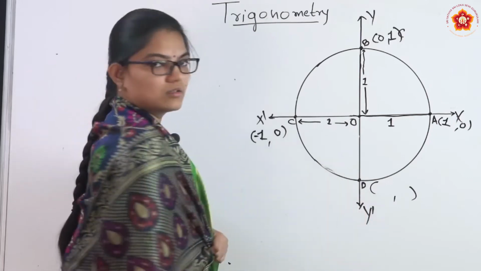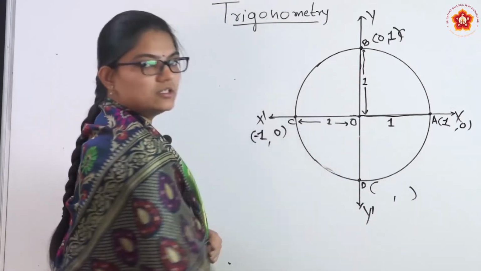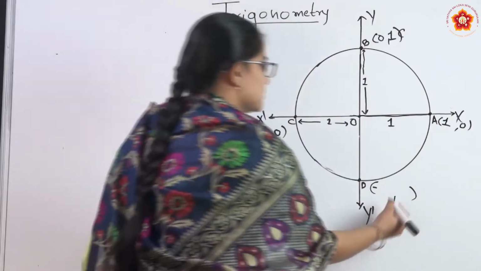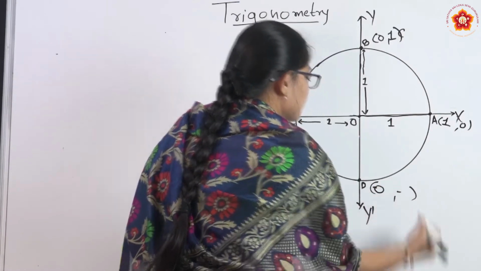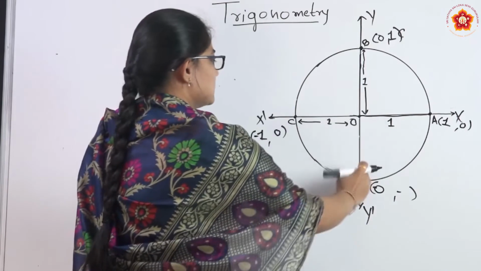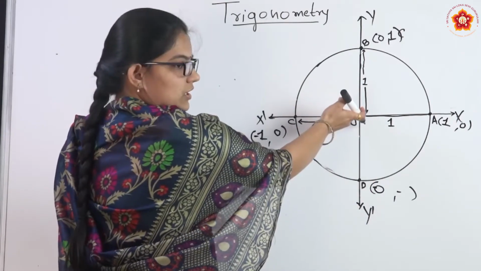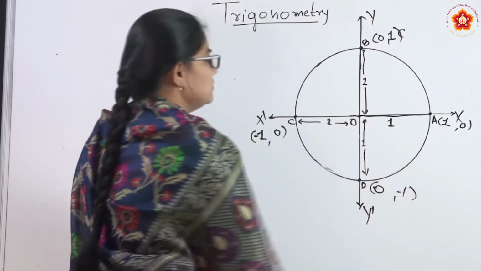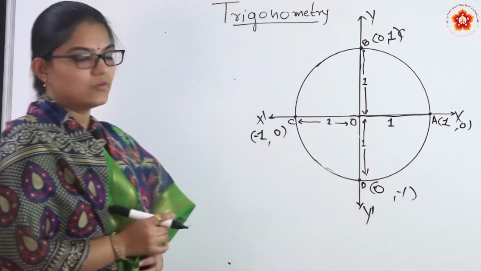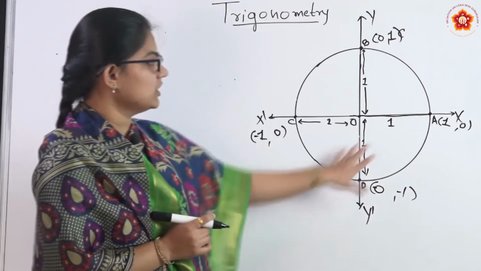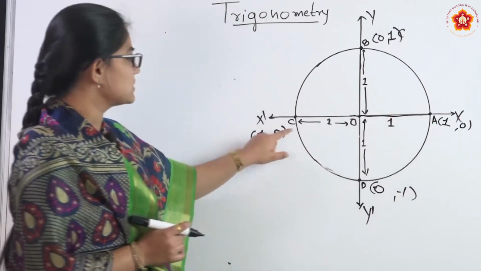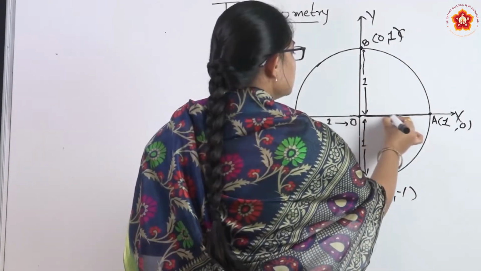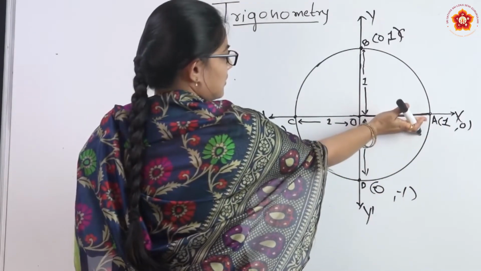Now, what is D? It is on the negative side of the y axis. So, the y coordinate is negative and it is on the y axis. Therefore, its x coordinate will be 0. Now, what is this distance? That is the distance of a point from the x axis, that will be 1, and it is minus 1 because it lies on the negative side of the y axis, right. So, therefore, we have the points A (1, 0), B (0, 1), C (-1, 0) and D (0, -1).